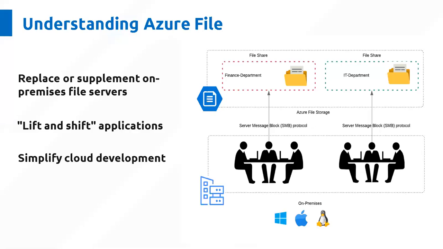So the second one is the lift and shift application. Suppose your application uses your on-premises file server for input-output operations, and you are afraid of replacing your file server with Azure Files. For example, you are afraid that if you migrate your local file server to Azure Files, maybe your application won't work. You need to refactor your code. So that kind of